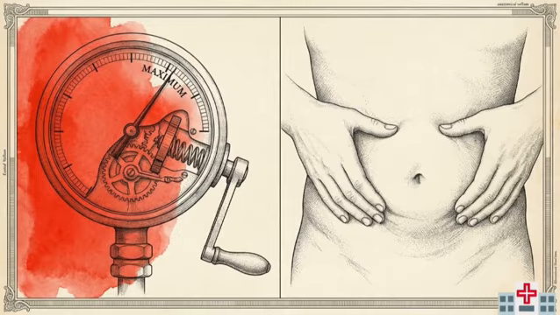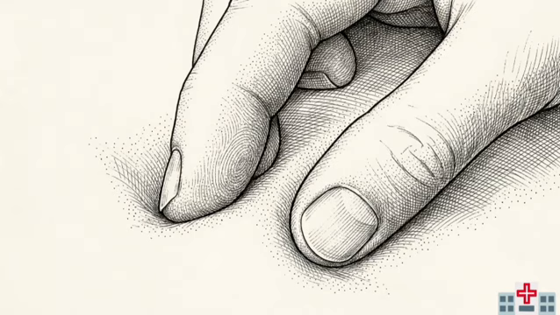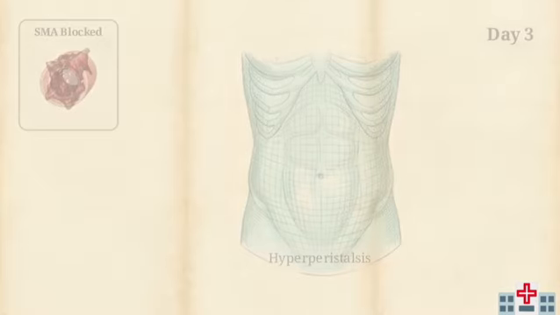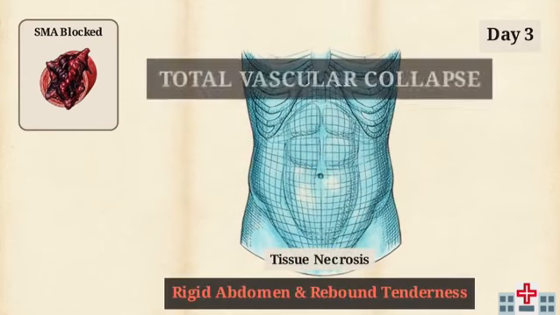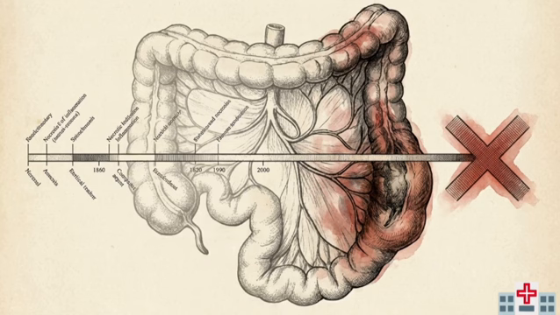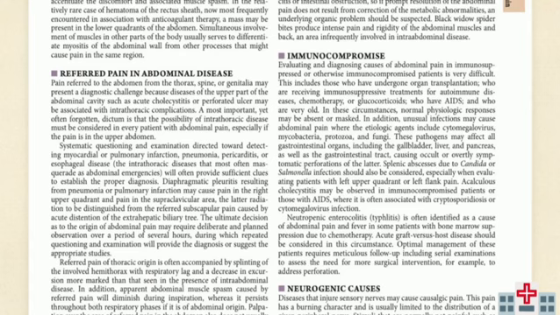The true hallmark clinical sign during this critical window is severe pain that is entirely out of proportion to the physical findings. The abdomen remains soft, without tenderness or rigidity, masking the severity of the arterial blockage. The classic agonizing signs of peritoneal inflammation, the rigid abdomen and rebound tenderness, only appear at the final stage of the process, immediately preceding total vascular collapse. If a clinician waits for catastrophic pain to confirm a vascular event, the diagnosis is confirmed exactly when the bowel becomes unsalvageable.